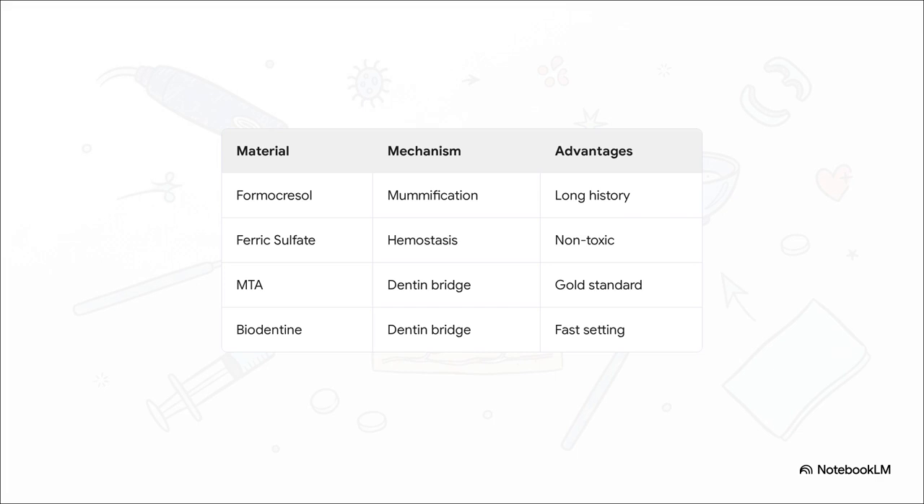When we look at the evolution of our medicaments, there's a really stark contrast. Historically, we relied heavily on Buckley's formocresol, which essentially just fixes or mummifies the tissue. Then we have ferric sulfate, which acts primarily as a hemostatic agent forming an iron protein complex. But check out the bottom two,